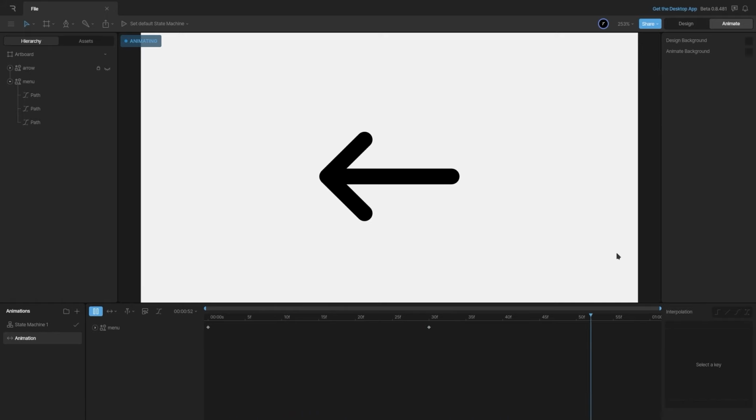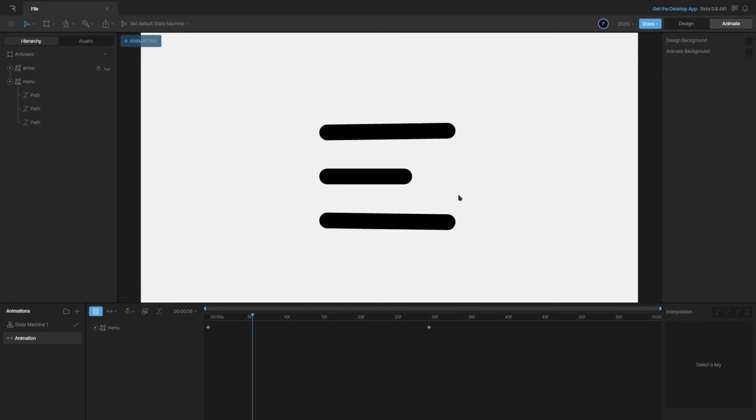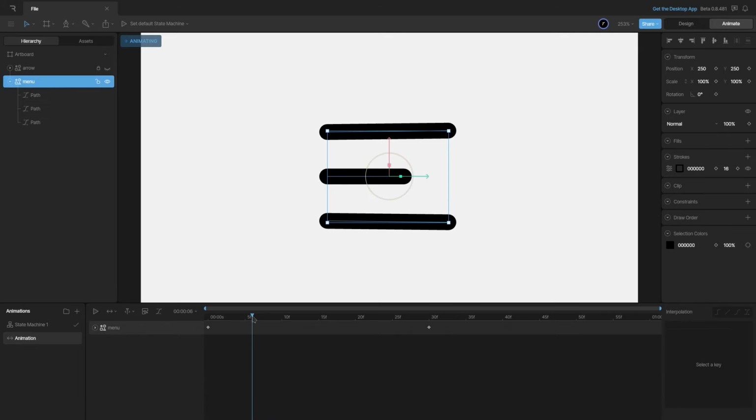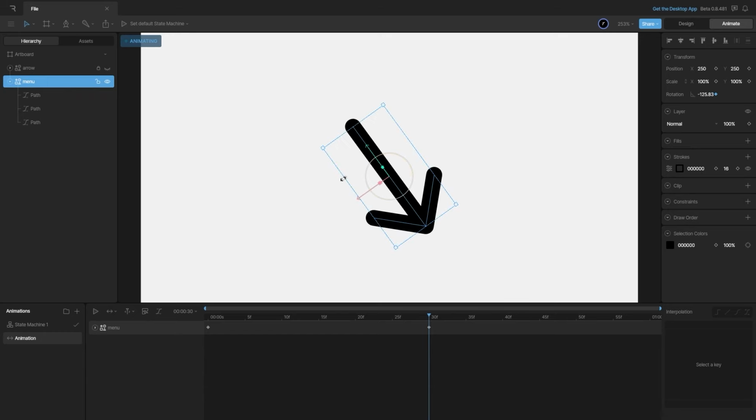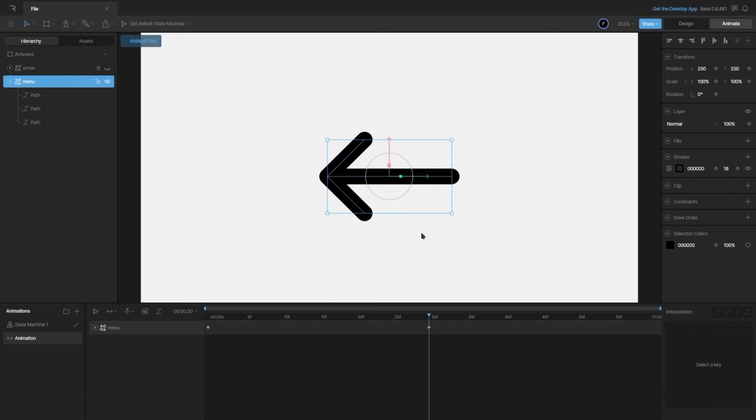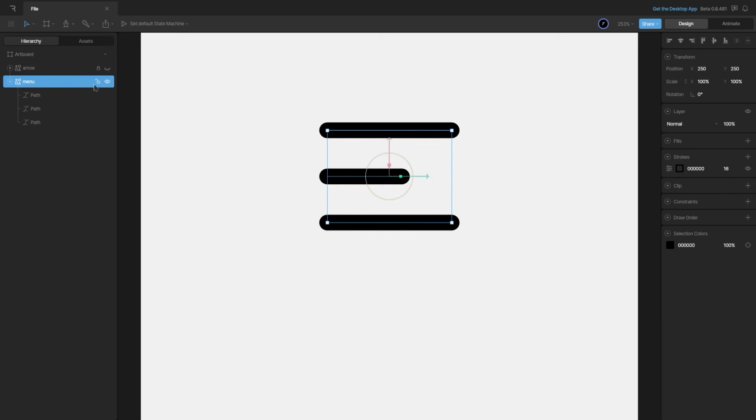Now we can add another dimension to this animation by adding rotation to the menu. That is, instead of taking the arrow in this direction, that is pointing to the left, I can make it point to the right and then rotate the whole arrow. Let's go ahead and perform the same. So I will first of all